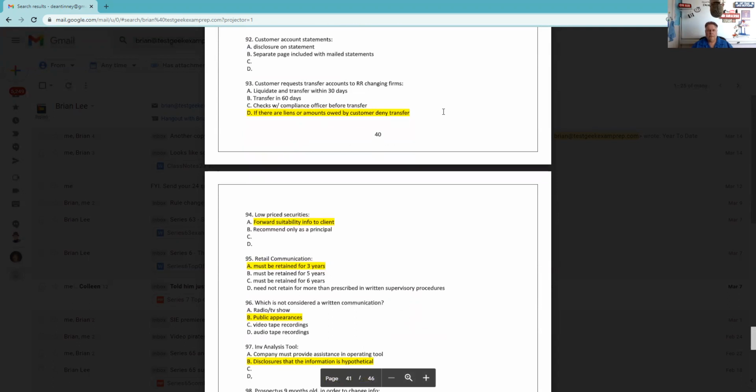So I'm not sure what Brian was going to put here, disclosure on the statement, separate page, and include mail statements. But the test question about customer account statements is they're quarterly, unless you have a penny stock, and then it's monthly. And the penny stock is a non-NASDAQ OTC stock under